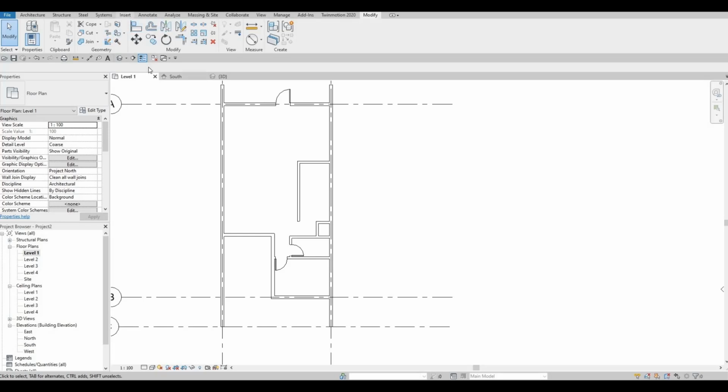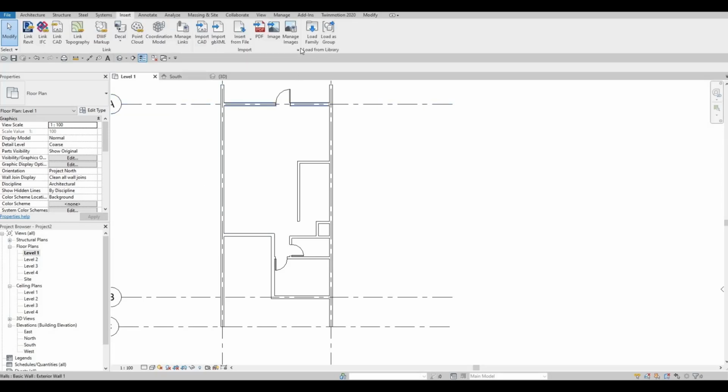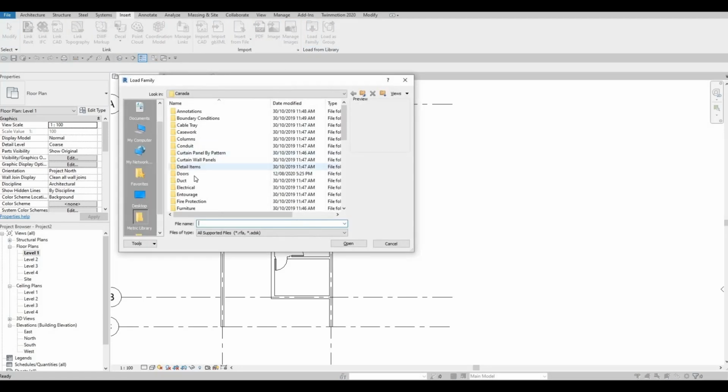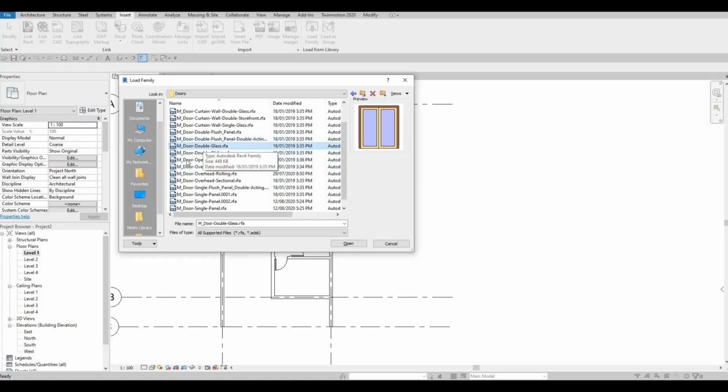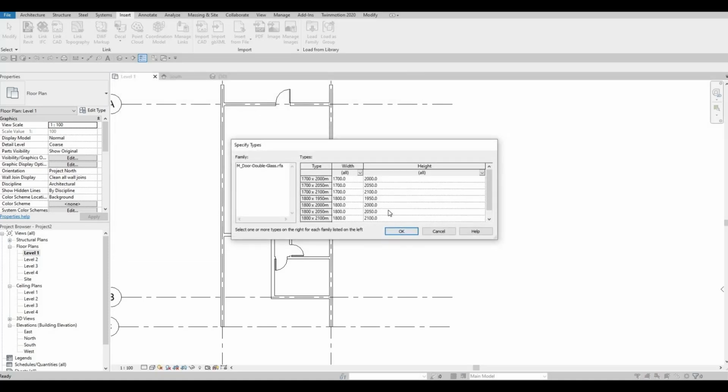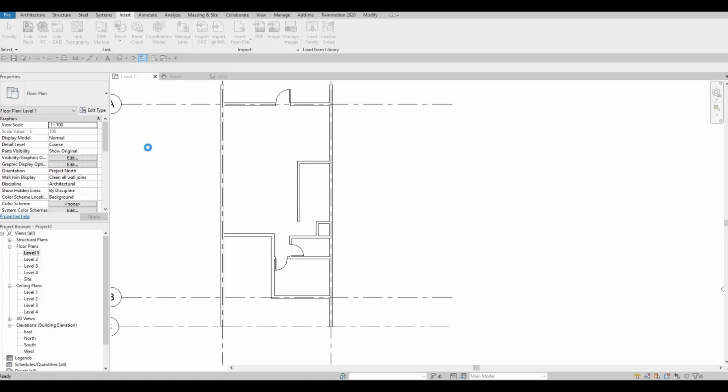So let's insert a double door. So go to insert, load family, and go into doors. And as you can see, we have different kinds of doors. So let's add this one. And then you can either select an individual type or you can select all of them. I'm just going to select all of them. And then once you're done,